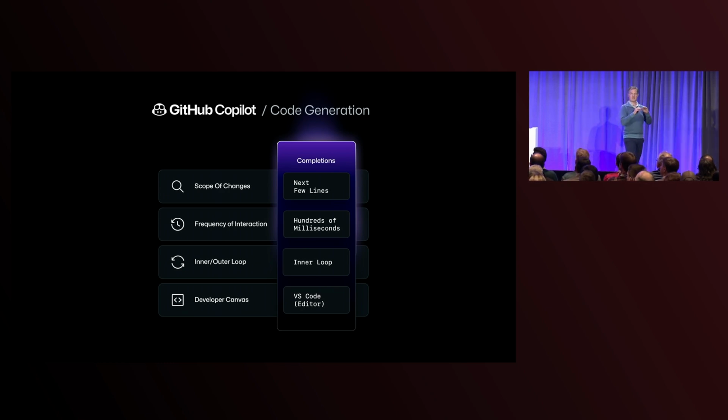So you'd be typing and you get ghost text that was maybe the completion of that line or the next couple of lines. They were an interaction which checked back with the user every less than a second, hundreds of milliseconds, very frequent check-ins, very small amount of net new work. And these were really focused on helping individual developers to be more productive within their IDE. So they were about one developer working on their machine, being more productive every day.